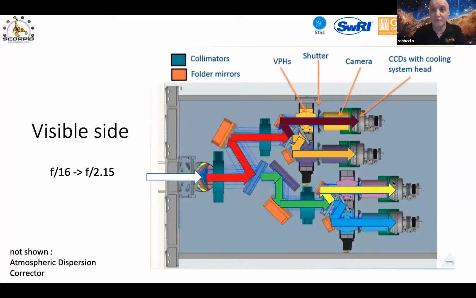Also important, the 8 fields have basically the same scale, 0.18 arcseconds in all channels. There will be some image distortion. There is some optical effect that changes by a tiny bit the plate scale. It is not an issue, of course. Even in quick loop you can correct for that, but the idea is that you will get the same image each time in parallel in all these